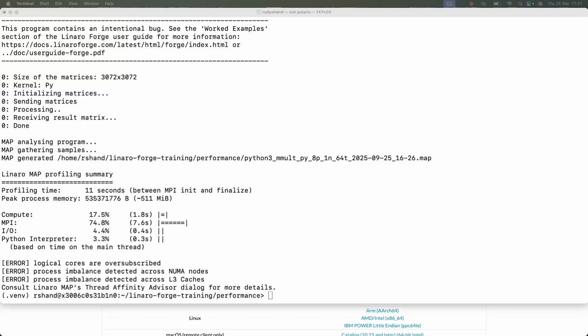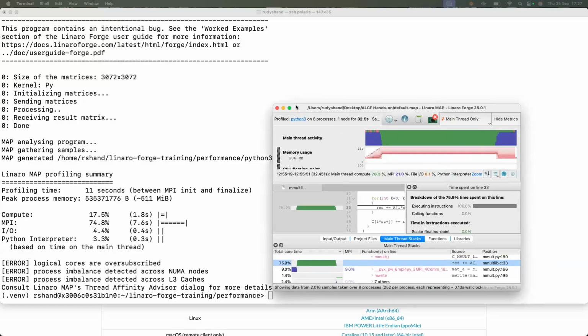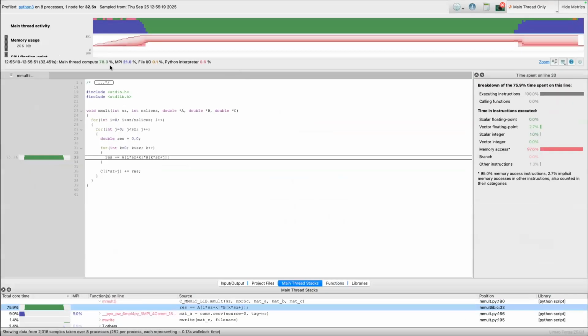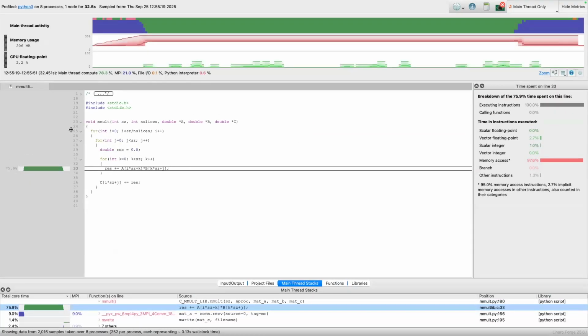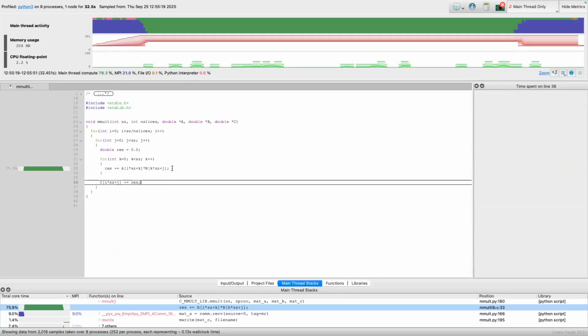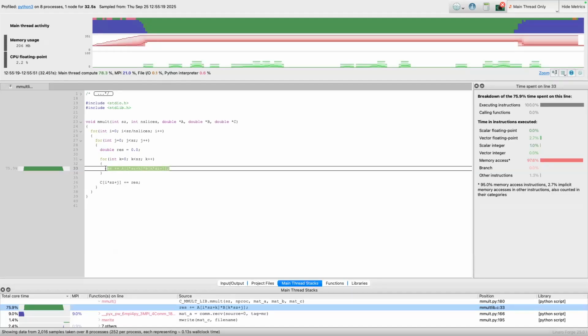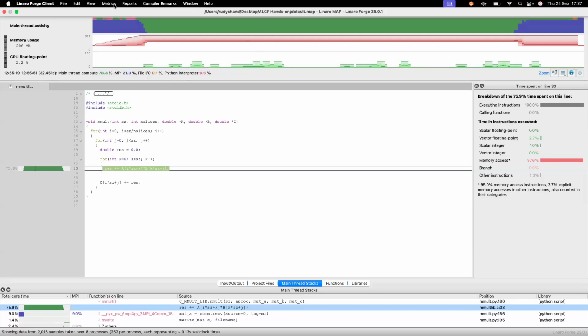Sorry, just one second, just opening this file. There we go. Okay, so this is what the profile looks like. We can see that most of this time is being spent on this function there. It's doing a lot of memory accesses. And if you look at metrics, memory,